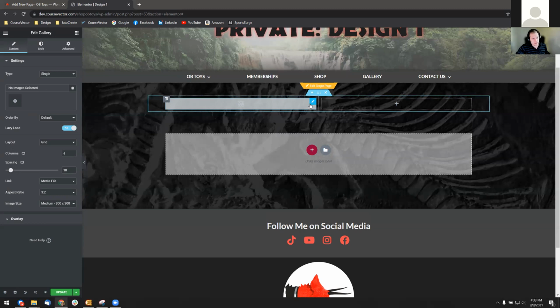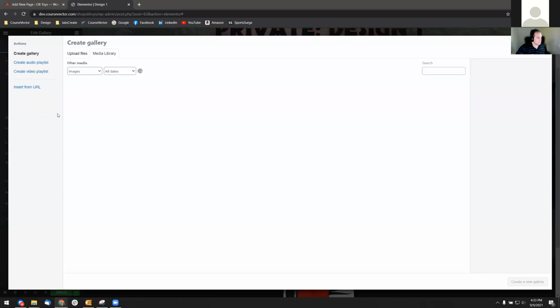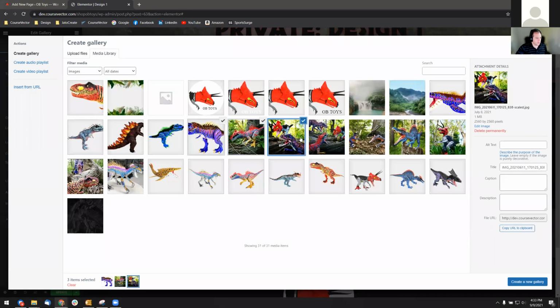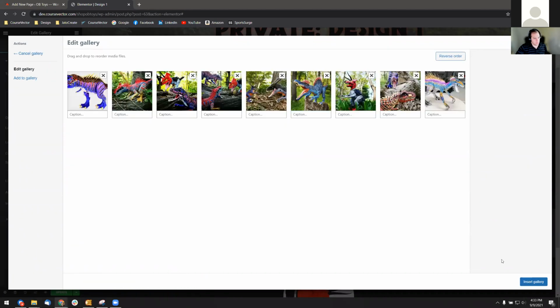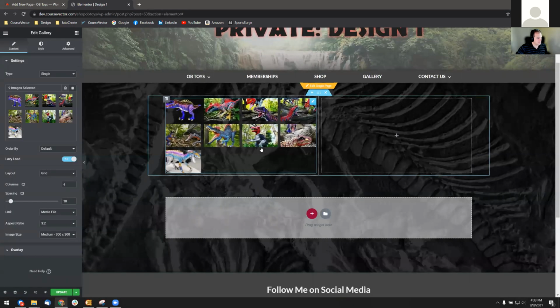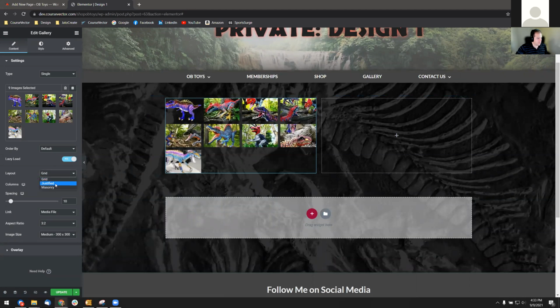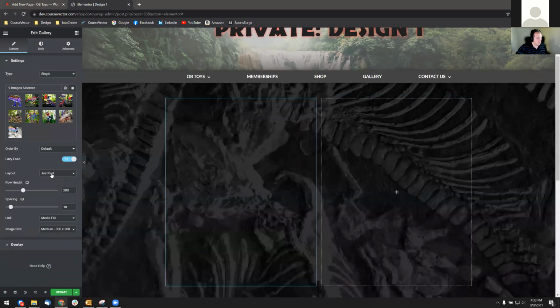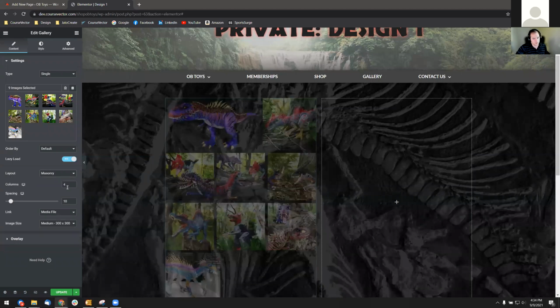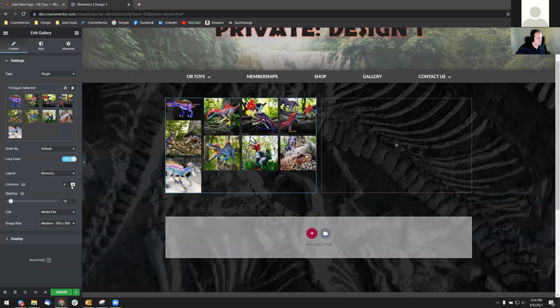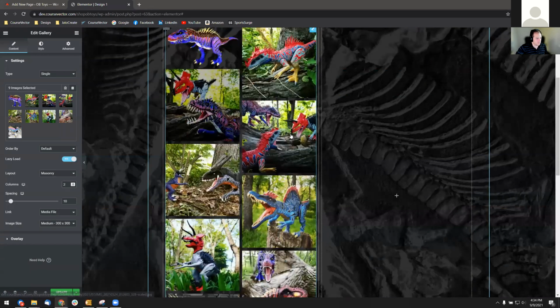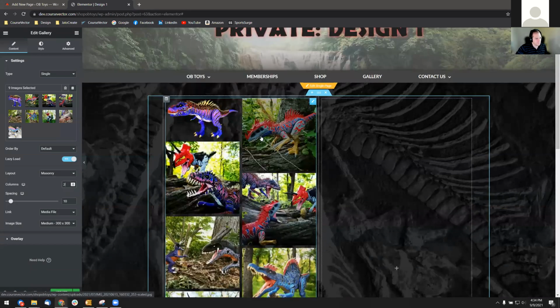But I'll continue going with this gallery one, just to show you a couple of the settings on this specific element. So I can choose whatever photos, and I can just start clicking, and you can see them adding here at the bottom. So I want all these pictures in my gallery. So there's my gallery. I'll insert it. And then of course I can say, all right, how do I want this? I can just change my settings, do justified, or do what's called masonry. I only want 2 in each column, so it formats those. So again, a lot of different things that you can do as far as